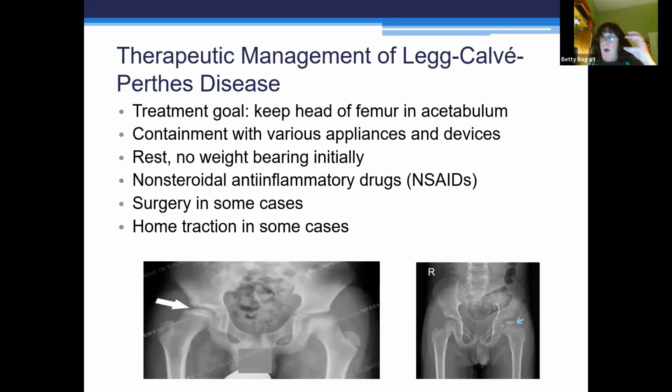Well, we want to keep the head of that femur. We don't want to have to do a hip replacement on a young child. I mean, that's pretty drastic. So we might put them on that Buck's traction to hold that leg straight, to prevent the moving of it so that it can heal. We will have them on rest, no weight bearing, and then steroids,